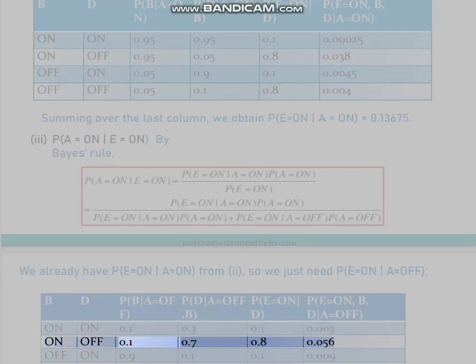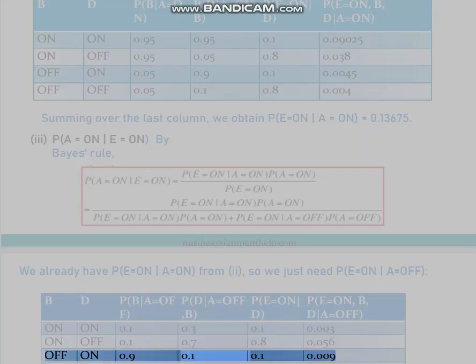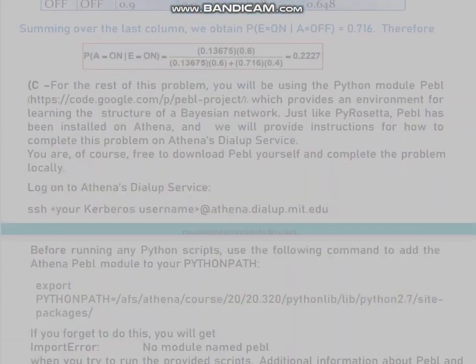For B on, D on: 0.1 × 0.3 × 0.1 = 0.003. For B on, D off: 0.1 × 0.7 × 0.8 = 0.056. For B off, D on: 0.9 × 0.1 × 0.1 = 0.009. For B off, D off: 0.9 × 0.9 × 0.8 = 0.648. Summing over the last column, we obtain P(E=ON|A=OFF) = 0.716. Therefore,